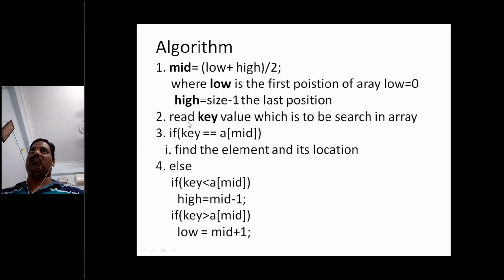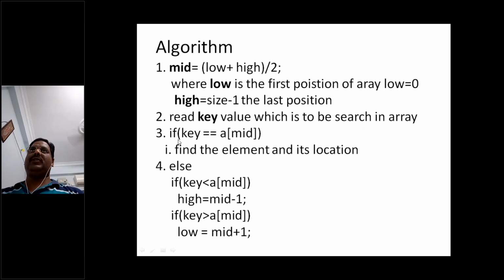So once I have taken that middle value, position 2 is holding the value 30. That means mid is 2. Okay, mid is 2, that is the position that has been given. But once you substitute that index, what is A of mid? A of mid is 30, as per the previous array 10, 20, 30, 40, 50. In position two, what is the value? We have 30.